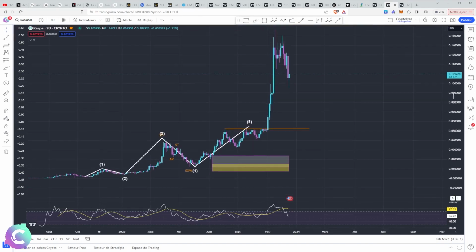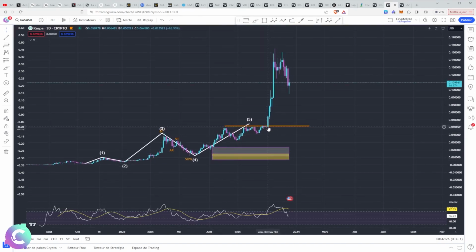But nevertheless, KASPA, we have a big acceleration. And we see that when we had the break of this resistance zone, very important resistance zone, we took off because we are in a price discovery. And when we are in a price discovery, we accelerate very quickly, very strongly, especially with big candles. And it is one of the big performers of the year 2023. We must remember them. The big performers of the year 2023 have a good chance of having big performances also when the next bull run is set up. And therefore it can be interesting on big retracements to re-enter or strengthen your position.